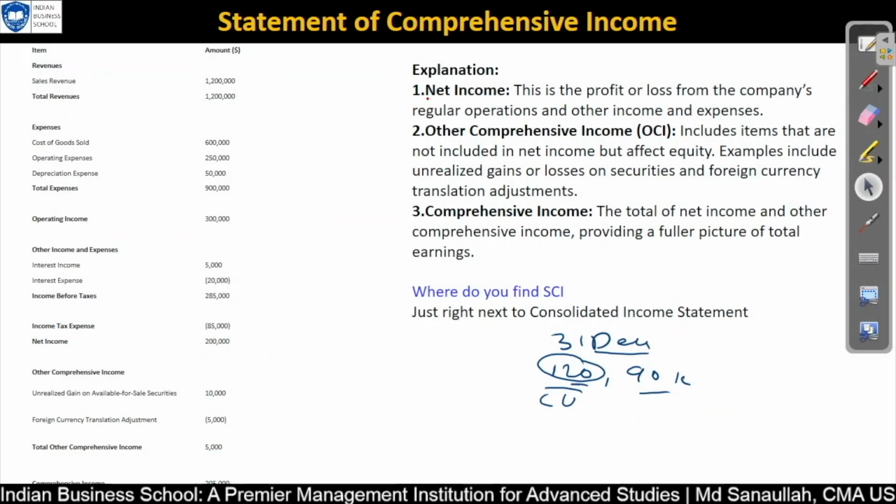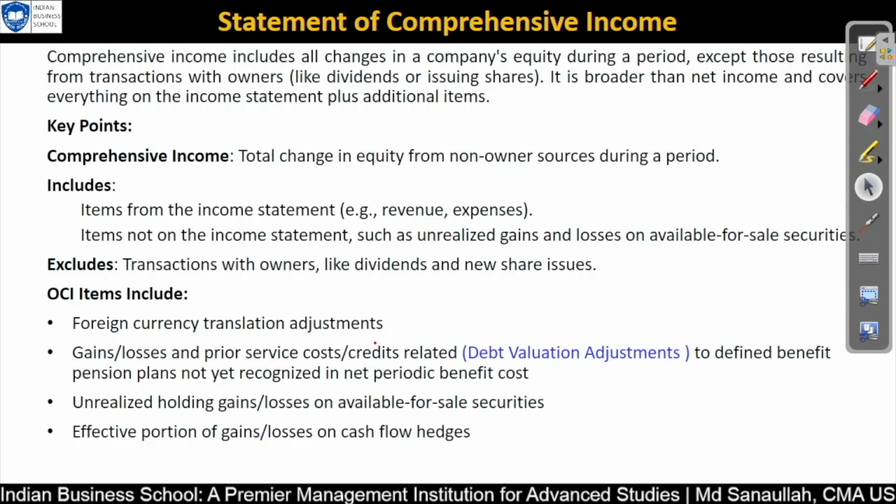So let's read it out. Net income, this is the same thing I have already explained. Where do we see our statement of cash flow? As you can see, we can see it just right next to the income statement. Now we will learn about the basic definition of statement of comprehensive income. It includes all changes of company equity,